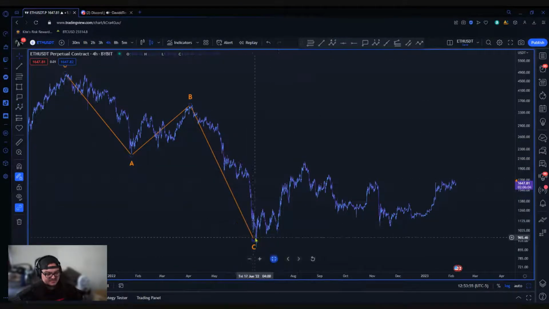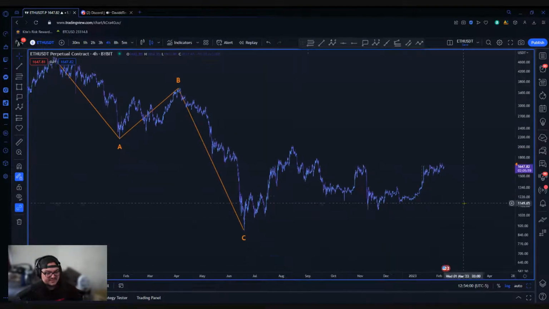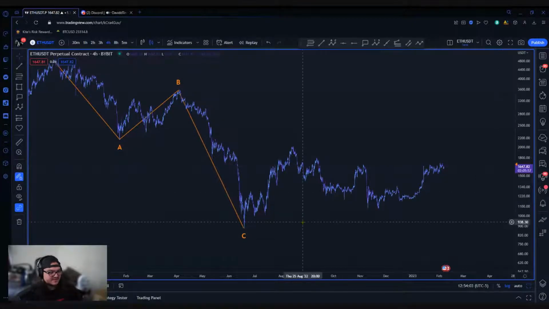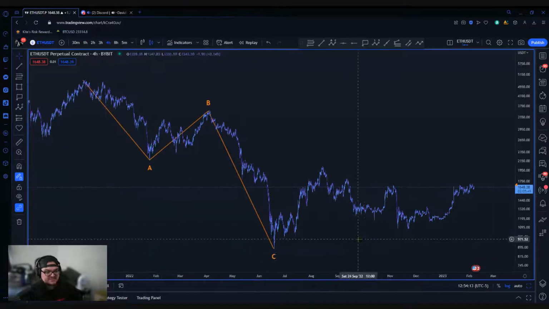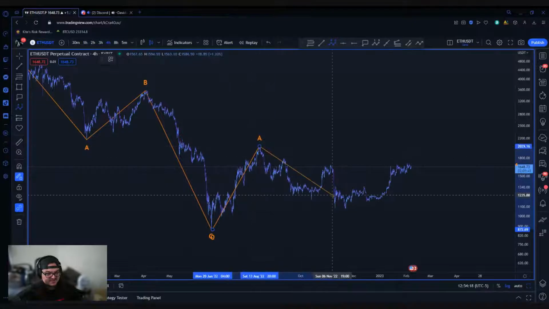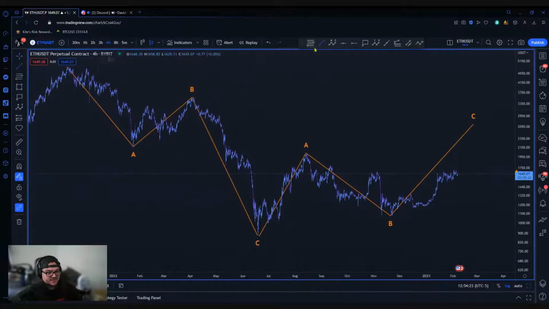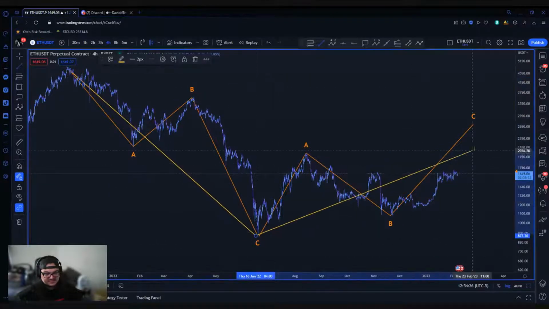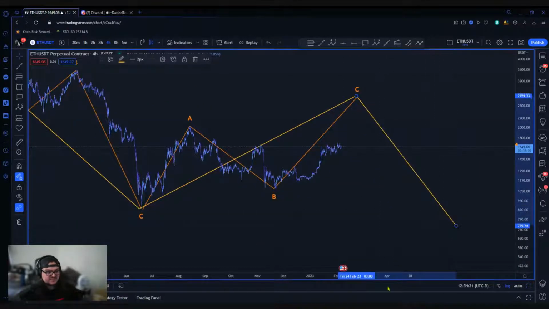Now, the same question remains as it does with BTC. Is this the end of a larger bear market, or is this only the beginning, and maybe we're due for another correction to the downside? It really depends. We can make arguments for both. At the moment, we do have a clear ABC setup, and that could indicate a potential bottom. The other argument I could give is that maybe we're working on an A to a B to a C, and then maybe this becomes one larger A to a B to a C. At the end of the day, we'll have to see how price develops.